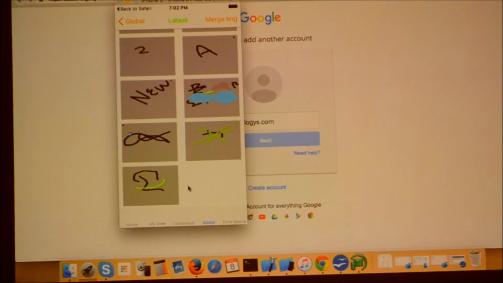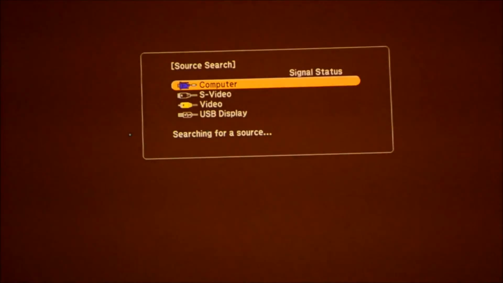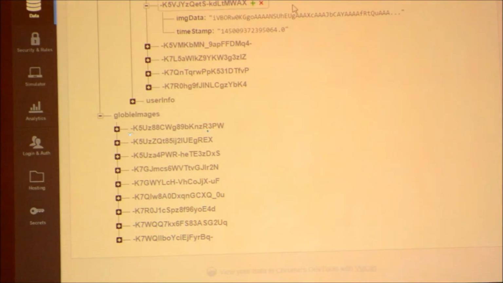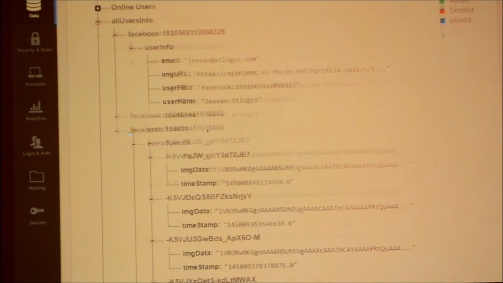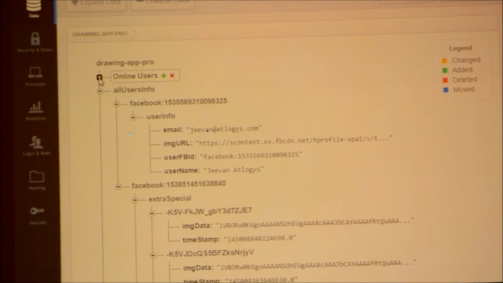And what is the key for the data model for this? Yeah. So this is the data model for this app. Here these online users are coming here.